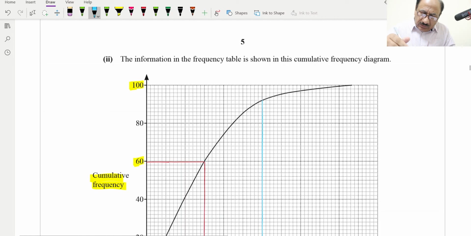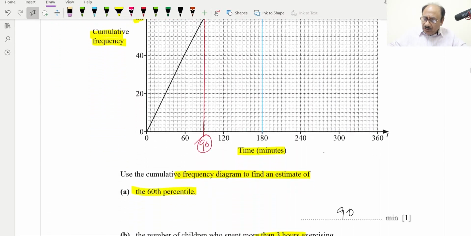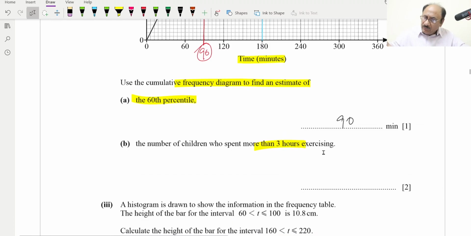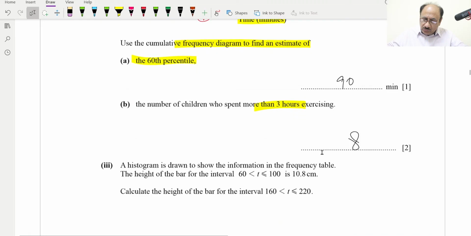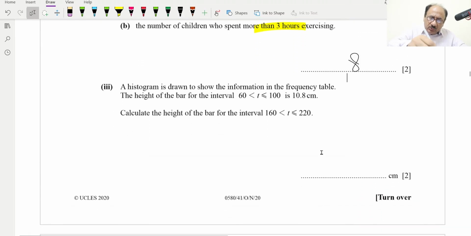Now we can check from the other side, and if we draw this side reference, this will be up to this one, and it is 92 up to this mark, and difference between 100 and 92 will be 100 minus 92 will be equal to 8, so 8 will be our answer over here. At the proper location we can write here 8. This is also done, and then they are saying a histogram